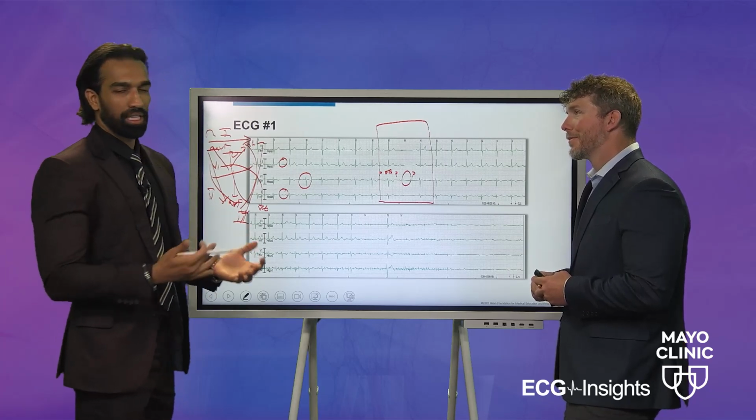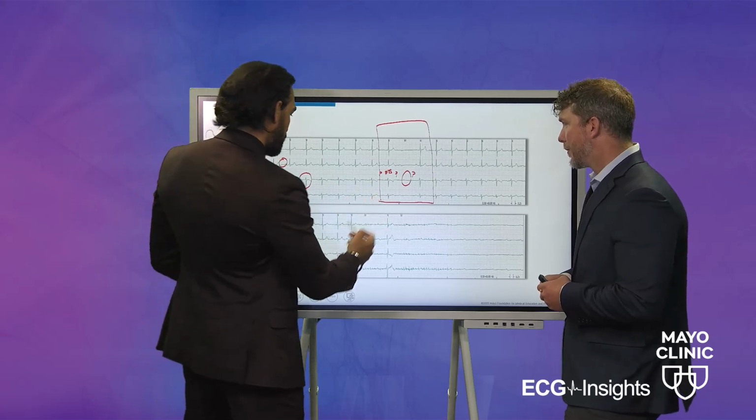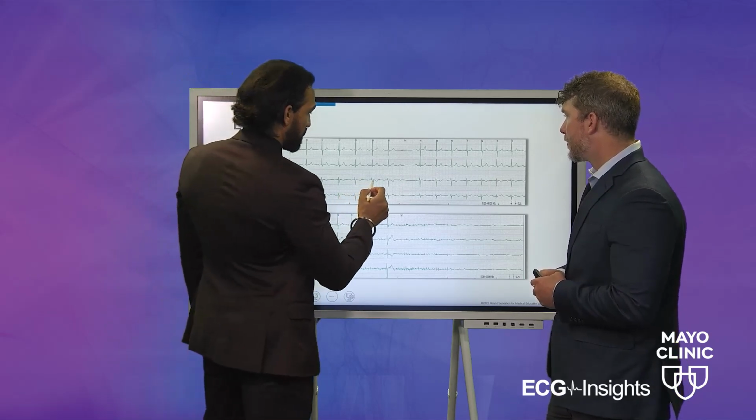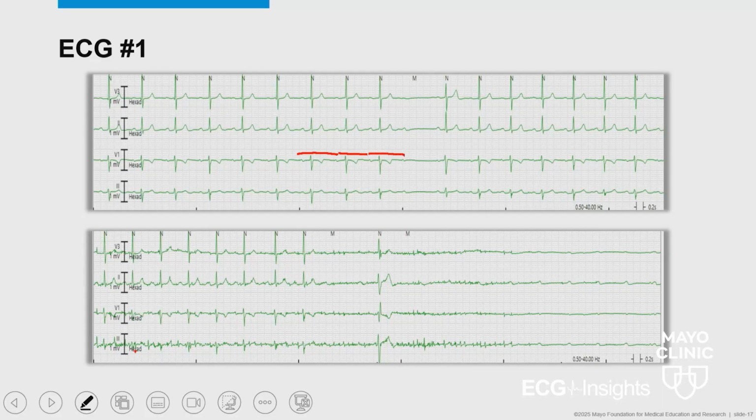It's our job to become detectives here and figure out why that's happening. So just diagnosing this a little better, I'm just going to erase this. It's important to look at the P to P intervals leading up to this. They likely are the same, and you can put calipers there to measure that, but then the P to P interval is not changing. But what we see here is the PR interval of the return beat is a little longer than the PR interval of the beat preceding that.